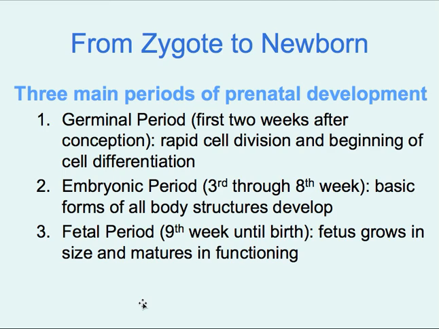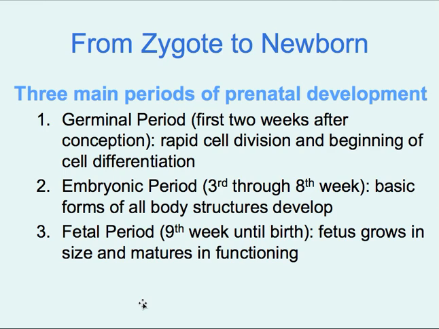So, for example, we've got heart cells, lung cells, kidney cells, hair cells, etc. We've got lots of different types of cells. Those different types of cells were not always present. In the first day, most cells were all the same, and they didn't start to differentiate until later on